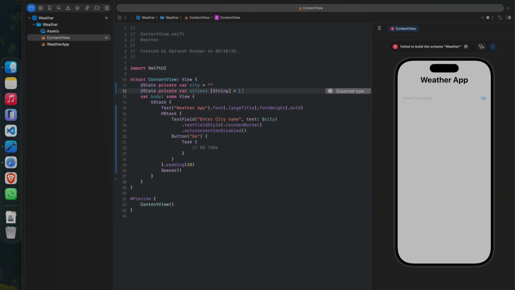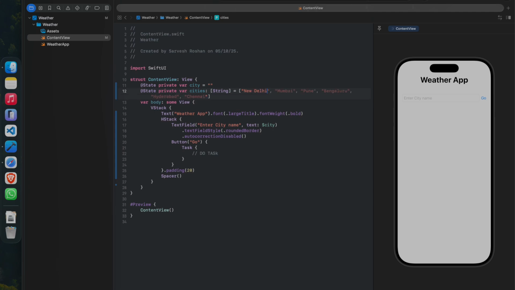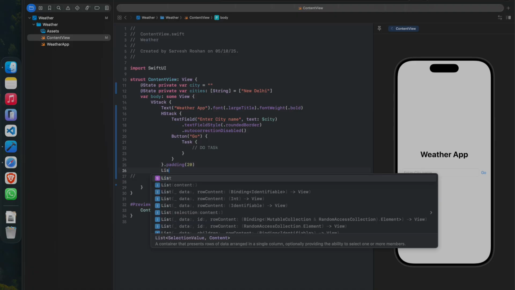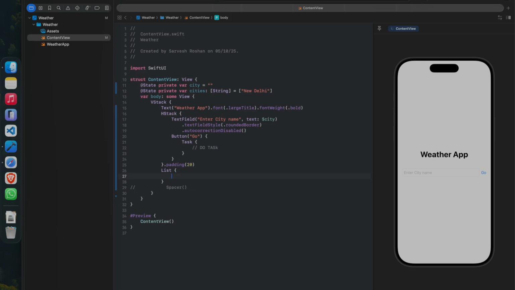Let's say I first create an array of cities, and let's say initially it is New Delhi, right? Okay, so what I can do is, first let's remove this spacer. I can create a list. Okay, and in that list I will run a ForEach loop for each of the cities, and currently we don't need any ID, so I think we can go ahead with